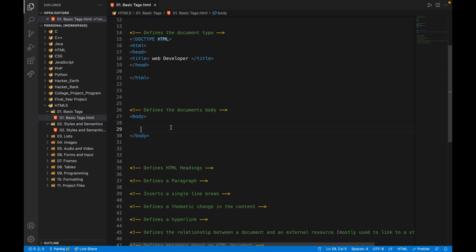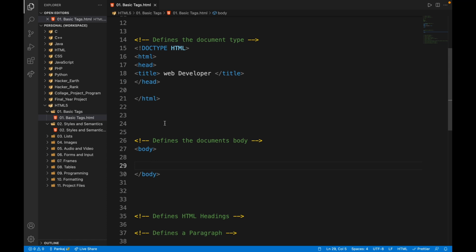So how can you identify which is opening and which is closing? Here you can see, I zoomed in. In the opening tag, there is an angle bracket, then the tag, then a closing bracket. And in the closing tag, you can see right here, an angle bracket, then a forward slash, after that the tag, then the closing bracket. So the main difference between an opening and a closing tag is a forward slash.